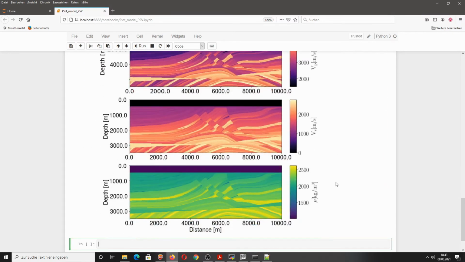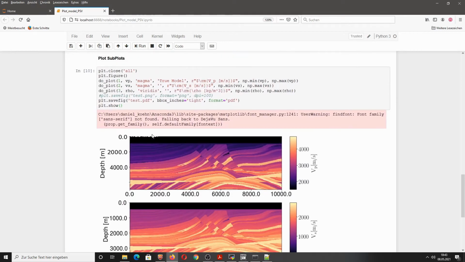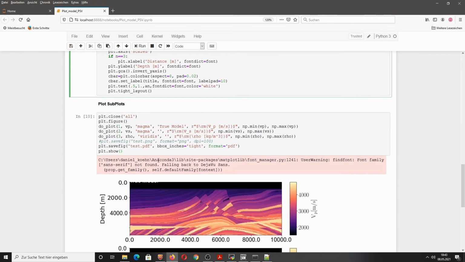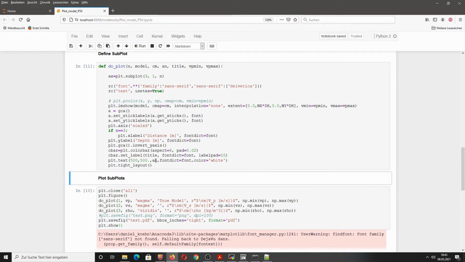Okay, so these are now the models. The true model is a little bit clipped, and I think the dimensions are also not really correct, so let's put it at 500 meters or something like that. 500, 500. Let's try this.